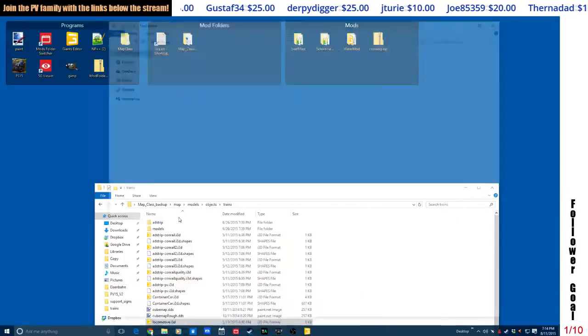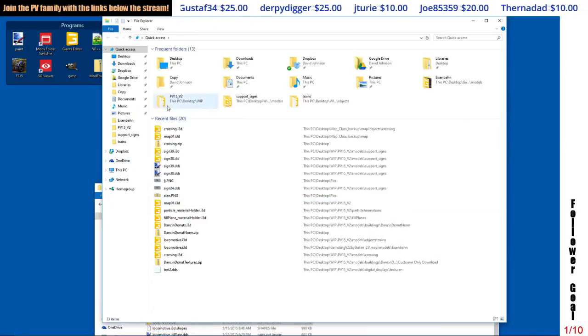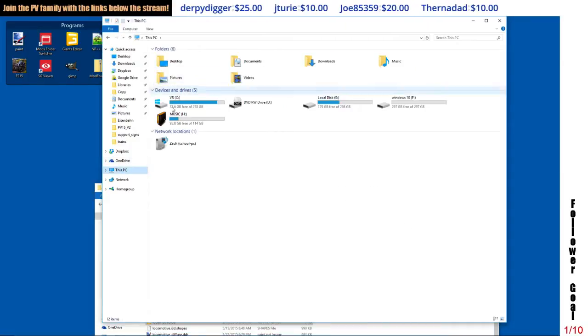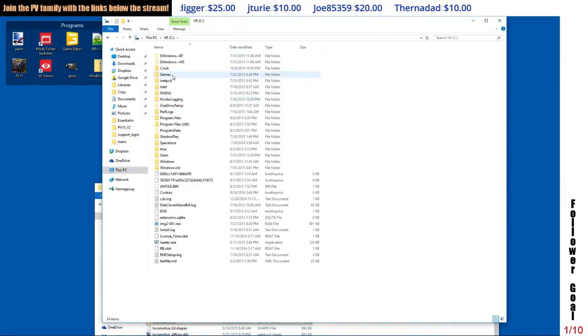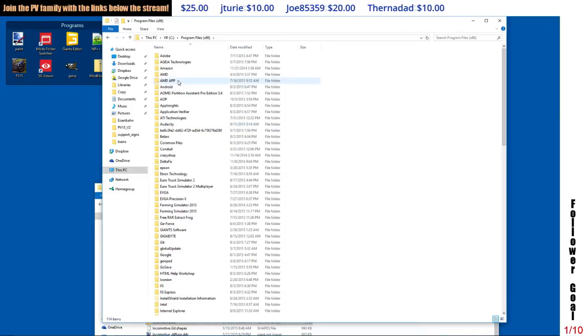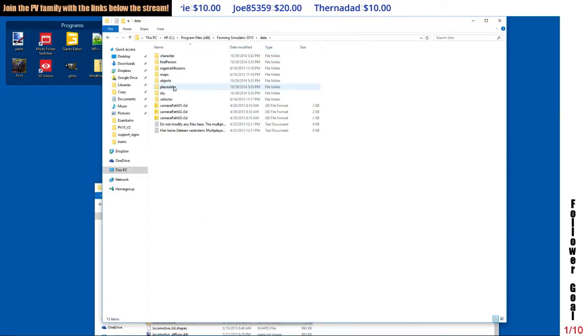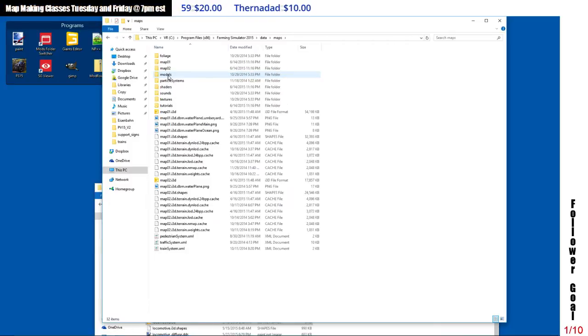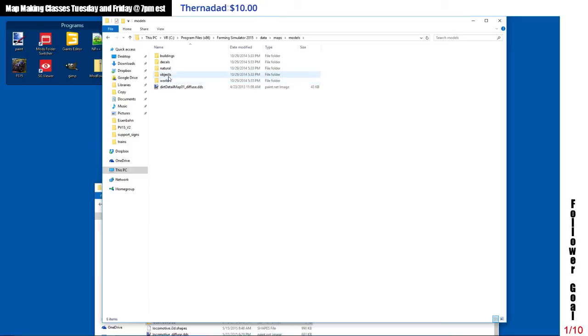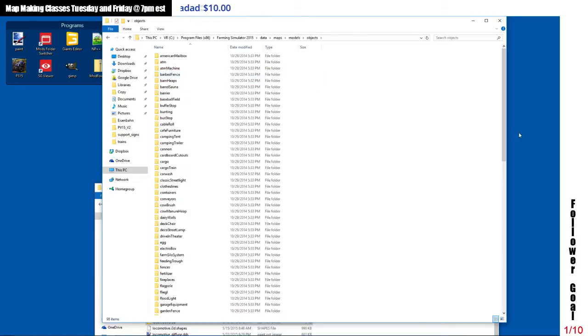So let me open up the File Explorer, and you would go to your C drive, Program Files, Farming Simulator 2015, Data, and then your Maps, Models, I think it's in Objects,